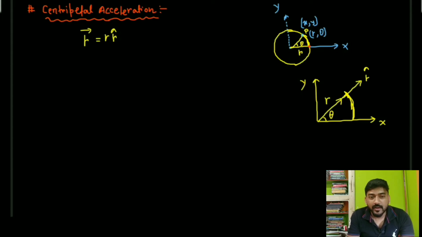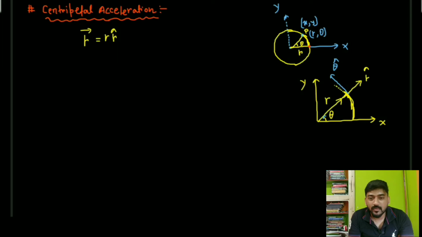Now first let me find the two directions. One is along the radial direction. What is the radial direction and what is the transverse direction? This is the radial direction, and the transverse direction is along the tangent, or tangential direction. Along the increasing of r is r cap, and along this direction, which is the increasing of theta, is theta cap. So along this direction this is r cap, and in this direction this is theta cap.